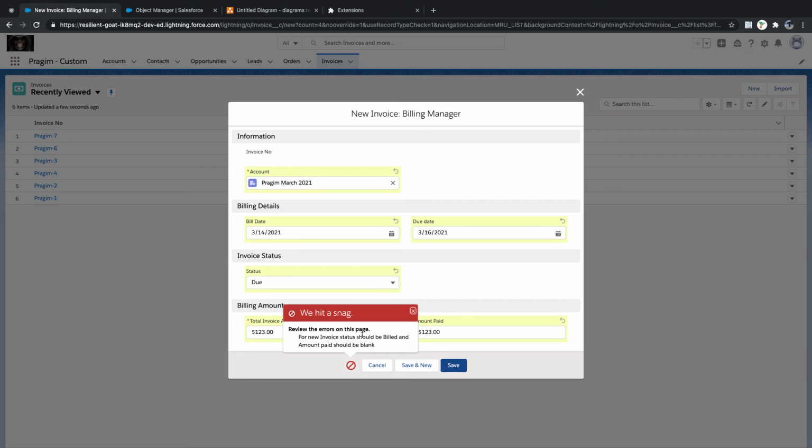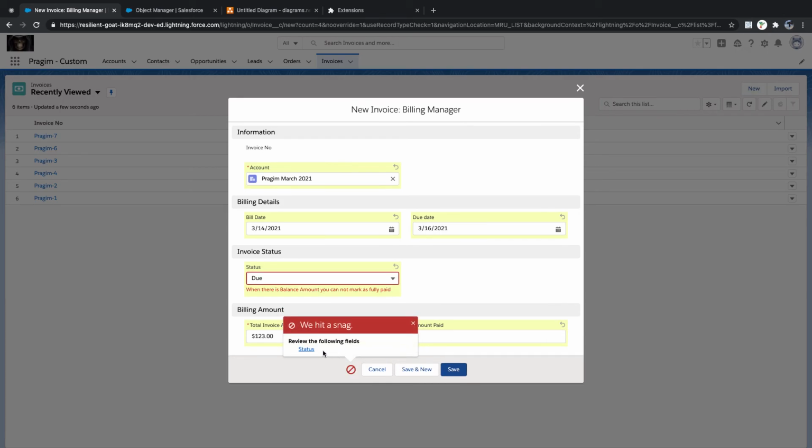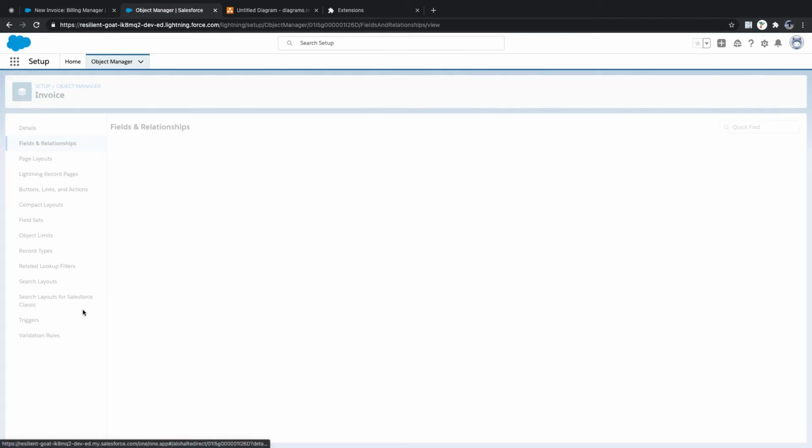If I save, I get the error: for new invoice, status should be billed and amount should be blank. So let's say I made it blank and saved it; there is an error message on status. So let's say I made it billed and saved, no issues. Oh, but there is an error here. If it is a new record, then we have an error issue.